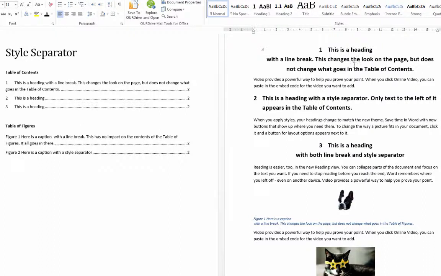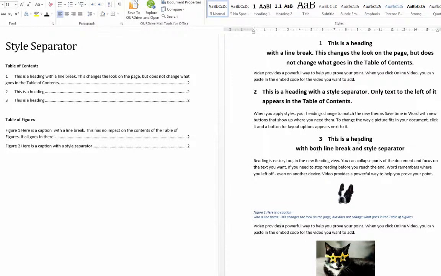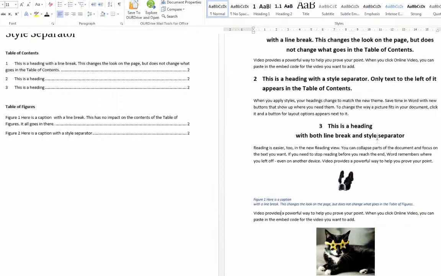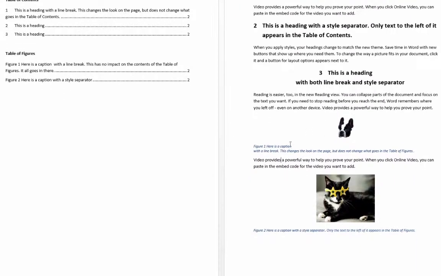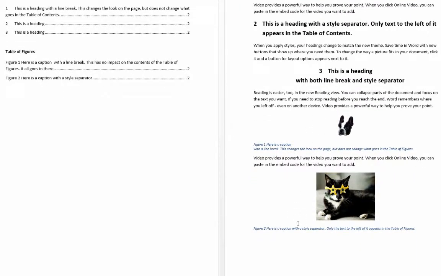So if you just want your text to appear on different lines, that's fine. You would just use a line break. But a style separator does more than that. As soon as I have used a style separator, you can see over here, it's cut off what's inside of the table of contents, and it only is showing that part. But you still could use a line break as well, like I've done in this one. The same thing for the captions. So this one's just got a line break, and then down here, I've actually got a style separator,